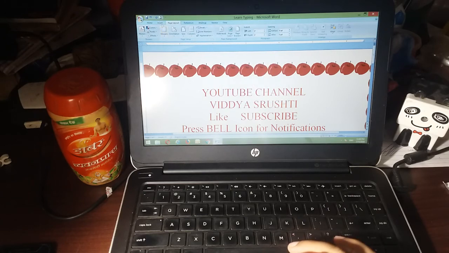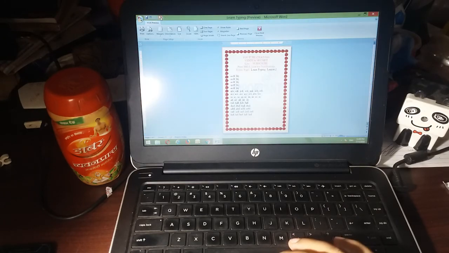Now if we go to print preview, see, this Vidya Srushti is diagonal and important is horizontal. So likewise you can create watermarks and the page borders.